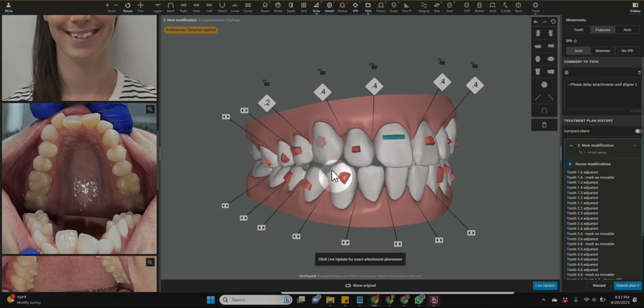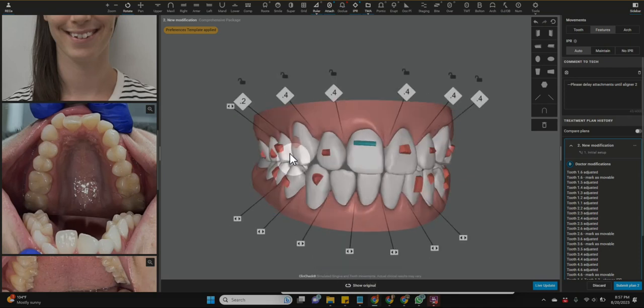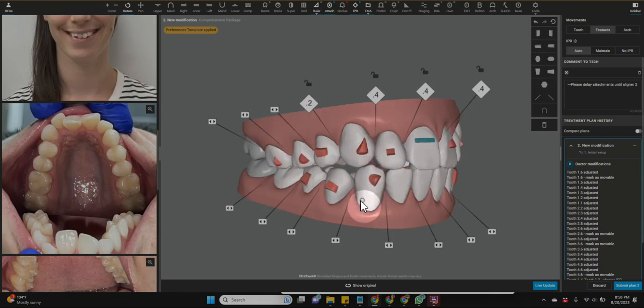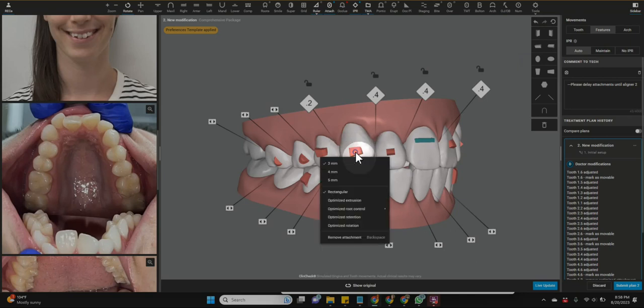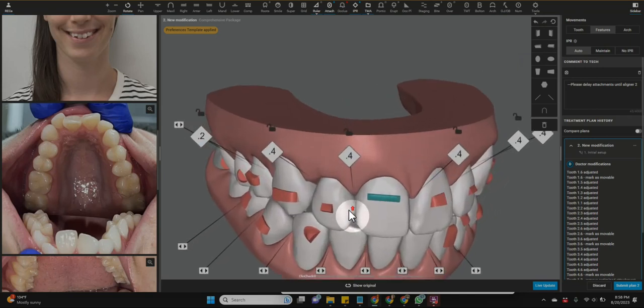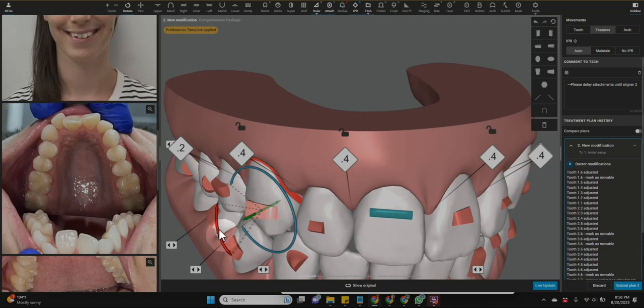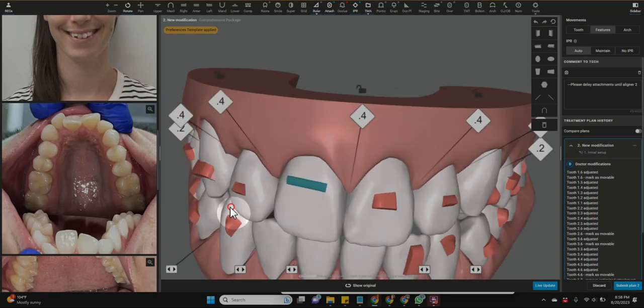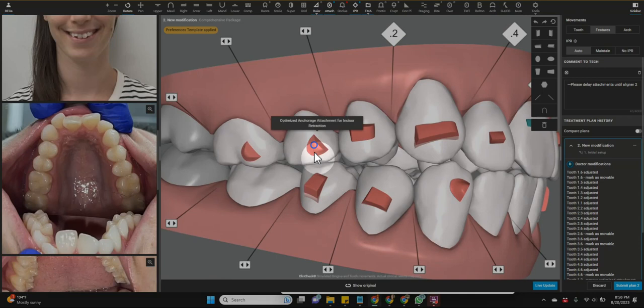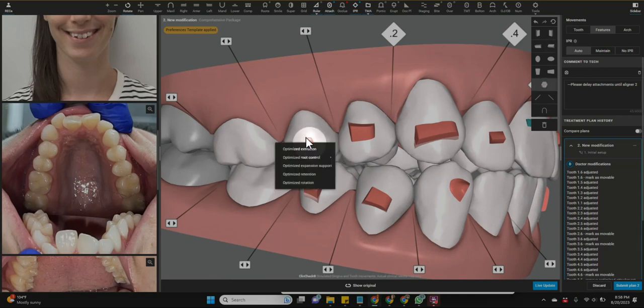We could do an optimized extrusion attachment. With bigger canines, I find that the optimized extrusion attachments are actually a little bit too small, so I like to make my own. I always like optimized attachments when we can use them because they have actually a force built into the aligner system to put more pressure, but I do want a bigger attachment. So I'm doing this similar type wedge shape that you would see with an extrusion attachment, but it's much larger and more towards the incisal edge. Now that we are not doing as much anterior retraction,